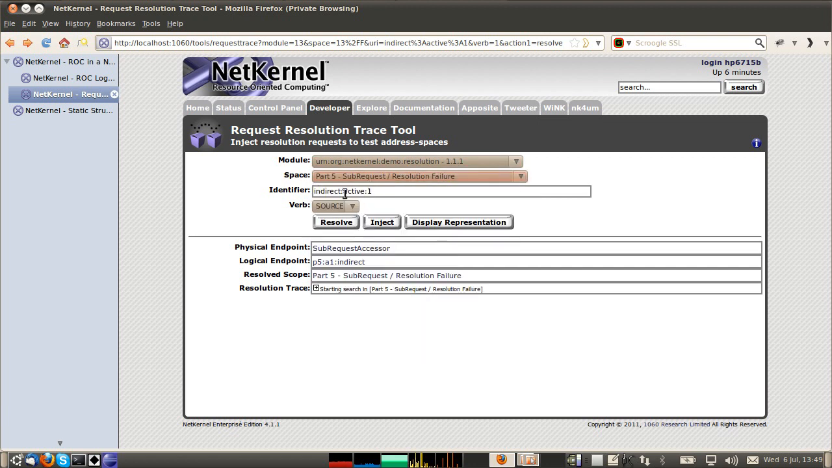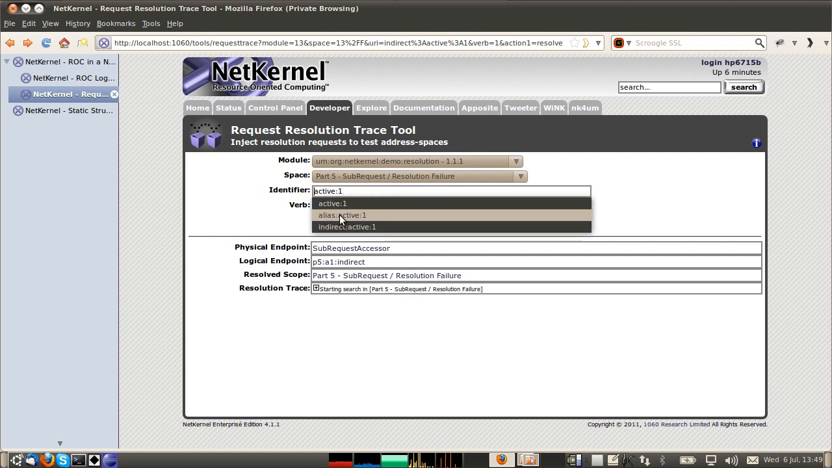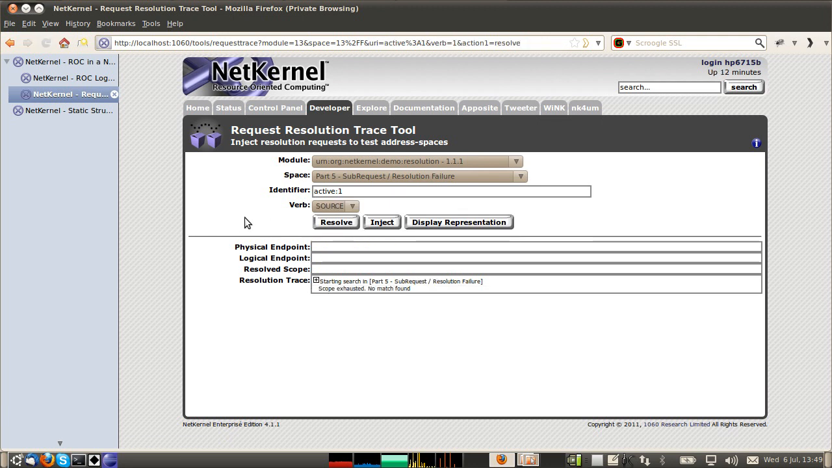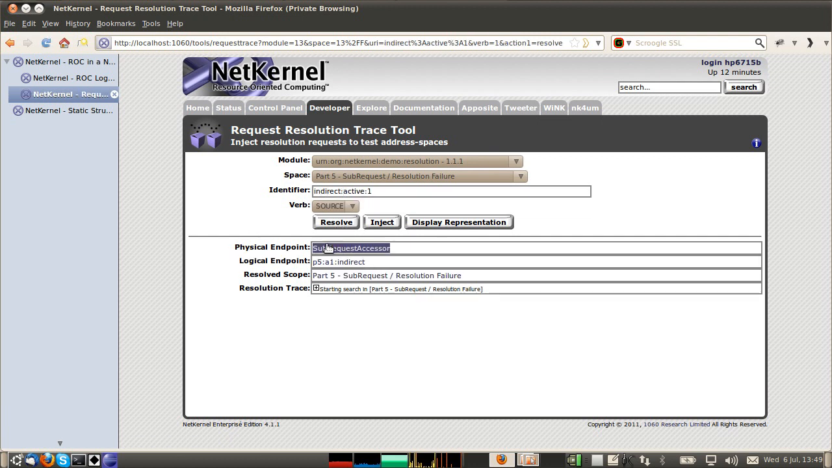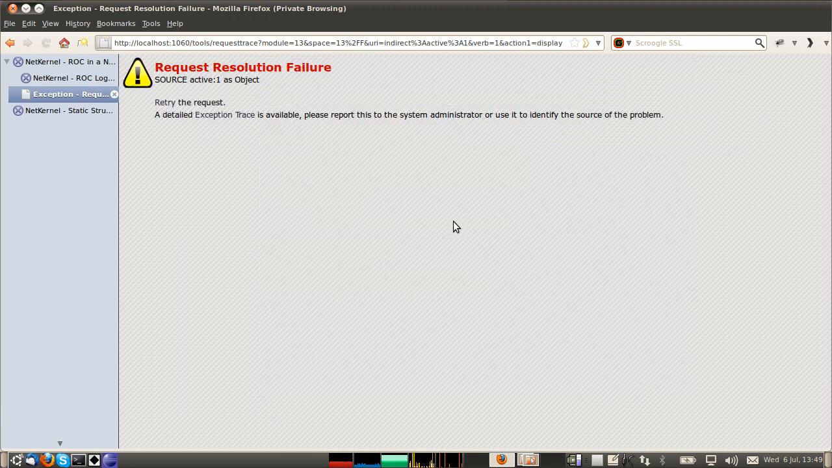I've got the space set up. Here I want to call indirect, well, let's first of all call active 1 directly and see if it resolves in this space. And we'll find, of course, it doesn't. So now, if I resolve indirect active 1, it of course resolves to that SubRequest accessor, but so far we still haven't executed that. And if I now try and execute it, then what I get is a request resolution